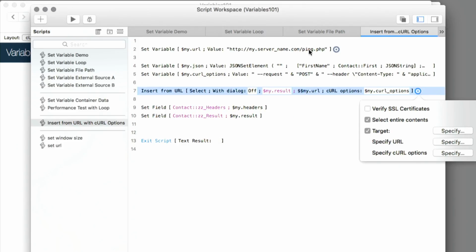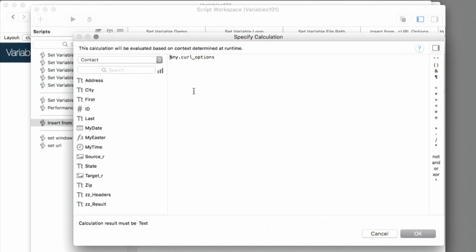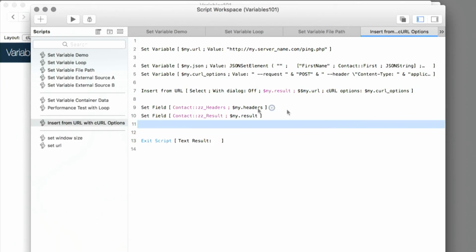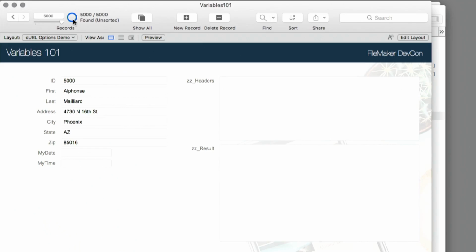And I've written a PHP script. Basically all it does, it's just going to hand back to me whatever I give it. So I know that what I'm sending to it is actually getting there. We'll see that when I run it. And then my curl options, I set my curl options to a variable in a different one, right? But we could write them right there. And then finally, we'll just write those out to a couple different fields so we can see them in the database. So when I go to run this,